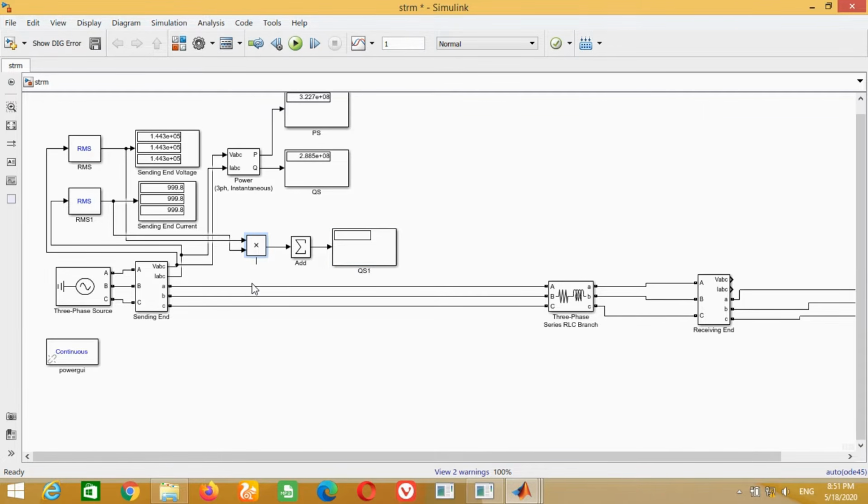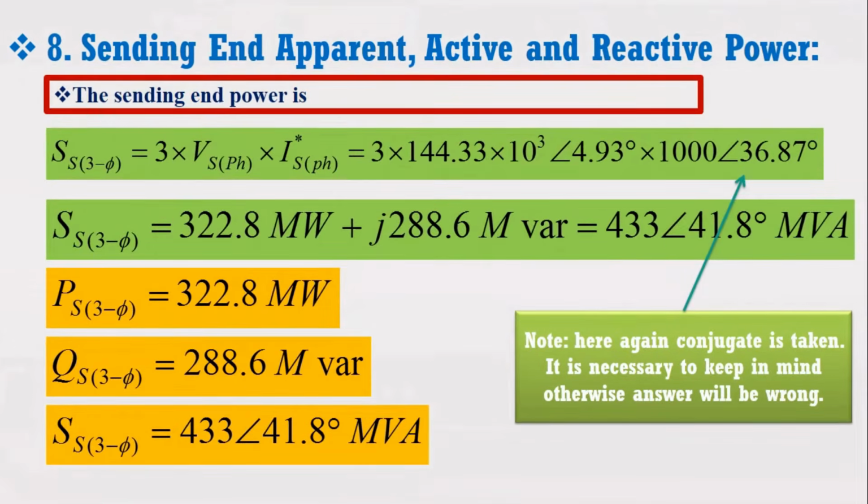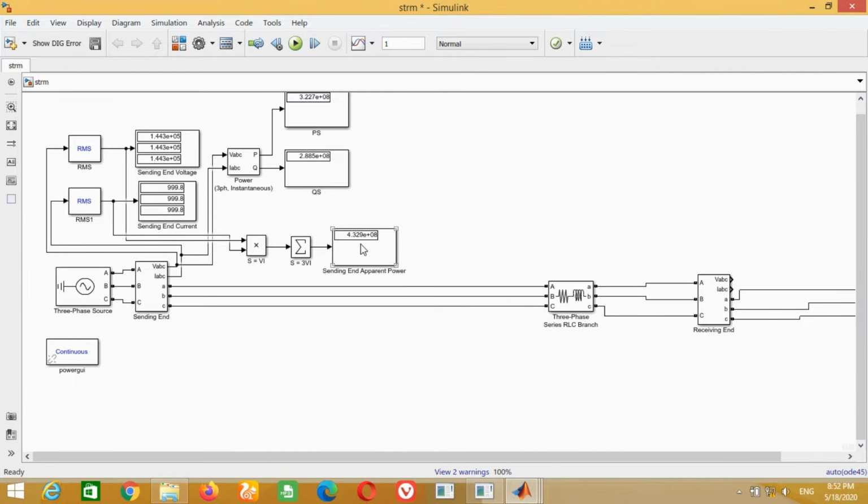Write here S is equal to V into I, and here S is equal to 3 into V into I, because it is measuring all 3-phase voltages and currents. And write here sending end apparent power. Now you can run the simulation and compare the answer with the answer obtained in the example. You can see both answers are correct.